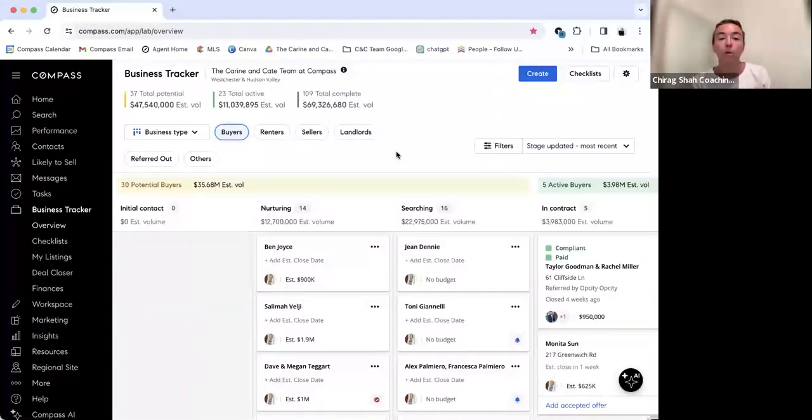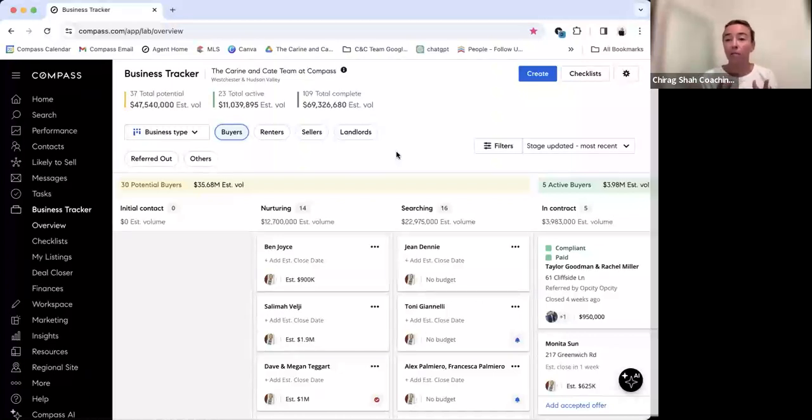Initial contact, I usually keep that pretty clean, because after that initial contact, I have a good idea of whether they're meant to be in my business tracker. No one would ever have a collection set up who I just had an initial contact with, so there's not much reason to have them in there. Most of the people I have an initial contact with, I'll either move to nurturing or it just might not be the right fit.